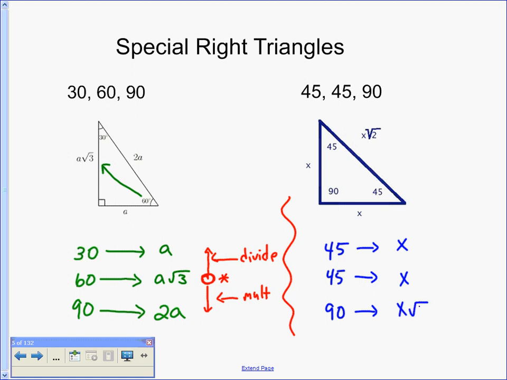So x√2. Now, you need to understand and you need to be able to memorize those relationships. A little trick I like to remember is this one here. There are 2 different angle measures, so that one uses the √2 in it. And on this one over here, there are 3 different angle measures, so that one uses the √3 in it. Okay? So those are your special right triangles. And now that we know those, let's talk about